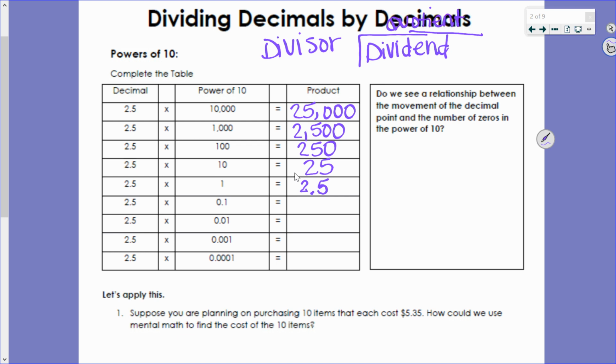Let's try and go the opposite way. So then 2.5 times 0.1. What is it going to be? Yes, 0.25. There we go. And then 2.5 times